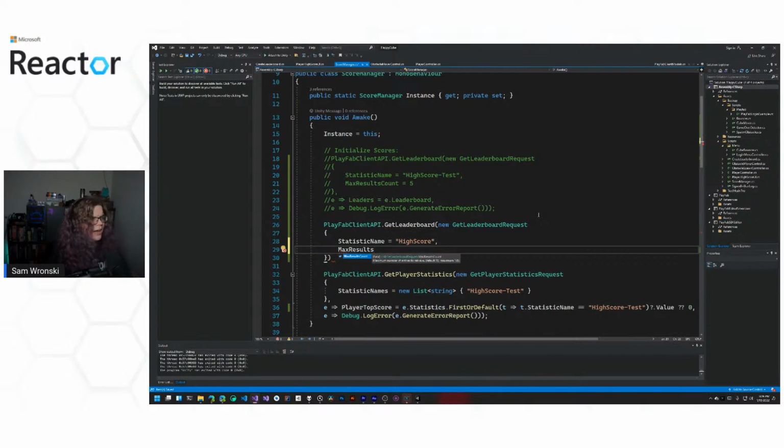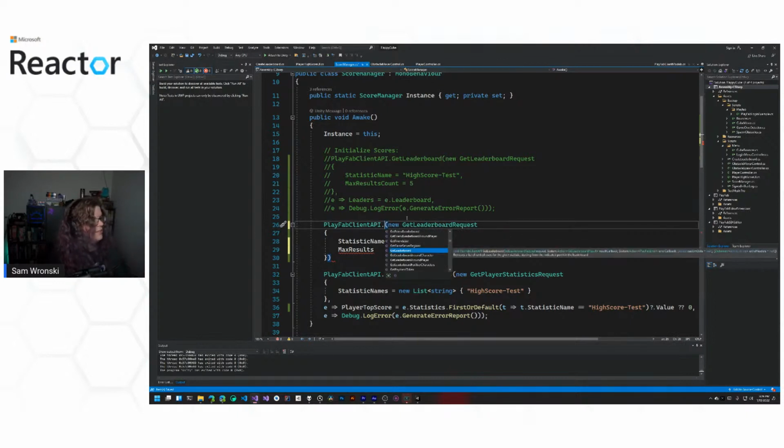I was looking at the wrong one. Skipping ahead of myself. That's fine. I had these out of order. So we're actually getting the leaderboard. I should have known that from the get leaderboard. But anyway, we're getting the leaderboard. So we get a max number of results. This is going to get the top results for this. There's a few others. I'm going to step back now because I just realized what I was doing.